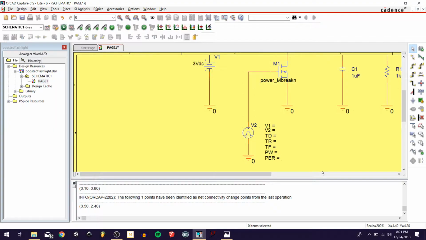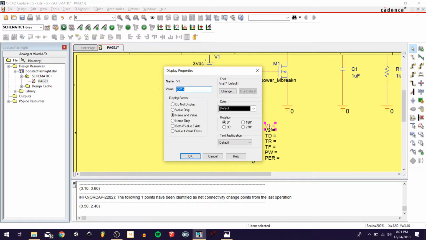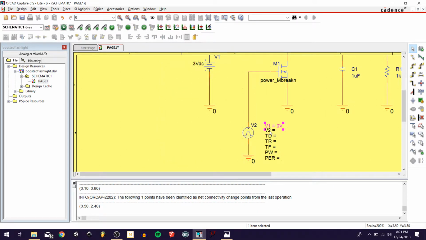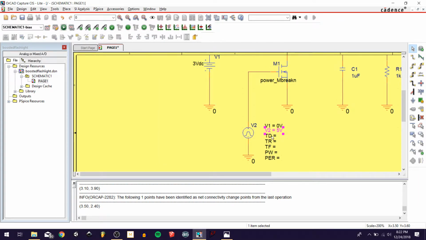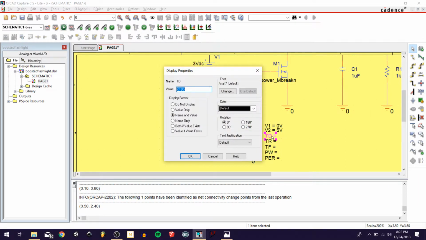Okay, so we're going to set those now. We're going to start off at 0 volts because I don't want any pulses coming in. So just double click on that V1 text to open this menu and then type in 0 volts and hit OK. On V2, now I'm going to have that go to 5 volts, so I'm going to type in 5 volts, hit enter. Double click TD, or my time delay. I'm going to put in